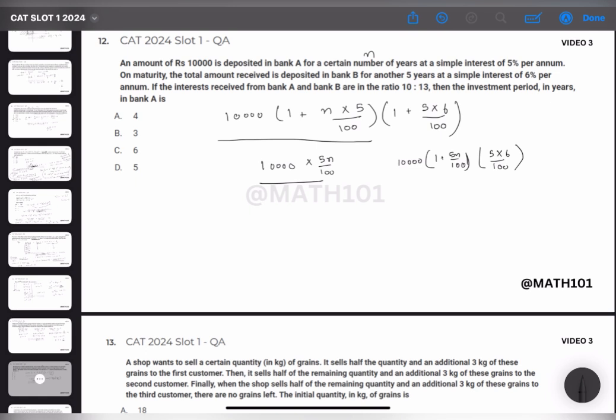So this divided by 10,000 into 1 plus 5n by 100 into 5 into 6 by 100 equals 10 by 13. This gets cancelled. This 100 goes away. This 100, 5 goes by 5. This 6 goes up. So I am left with 6n upon 1 plus 5n by 100 equals 10 by 13. 13 goes here. This thing goes here. 13 sixes are 78n equals 1 plus